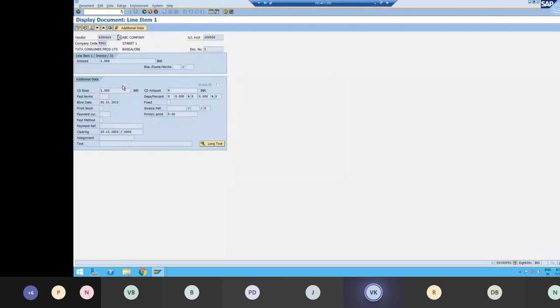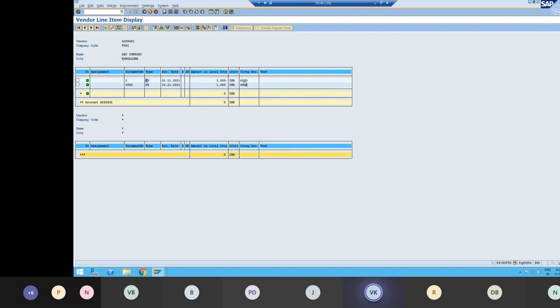the first line will have the clearing. So this is the document through which the clearing has happened, that is, the document through which the payment has been done, and therefore it's showing this clearing document 1000, and this is the document number. So it has posted the document and also cleared it. That is, we have an invoice that was posted for 1000, and we did a payment using document 6000. This is the 6000 document, and the system has cleared those open items. So now therefore it's showing green.